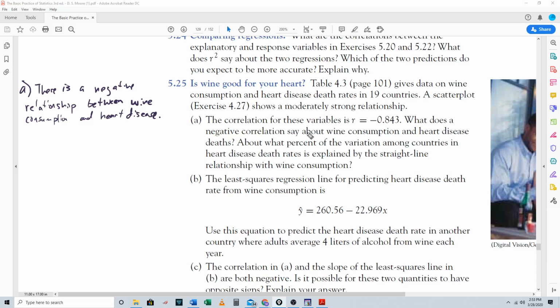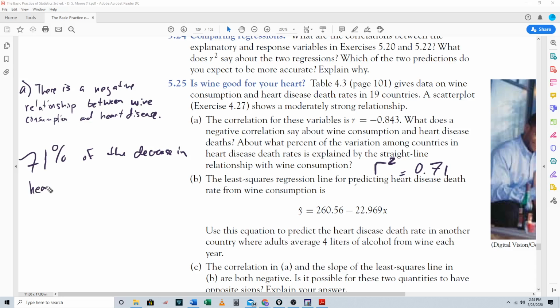So, now what is the percent of variation? This question is asking for R squared. That's what it's asking for. Just square this in your calculator. Go in your calculator on negative 0.843 squared, and we get 0.71. So about 71% of the decrease